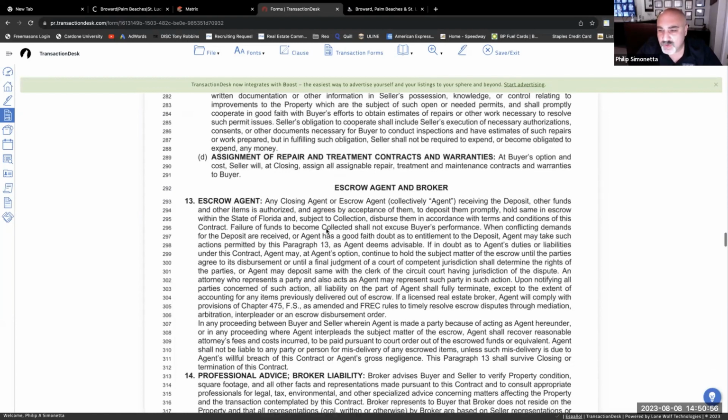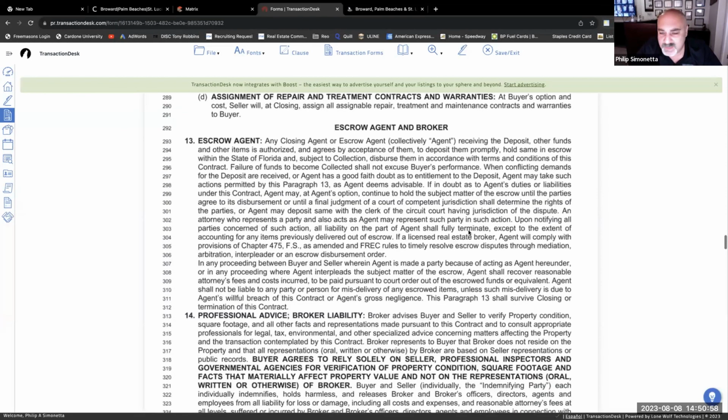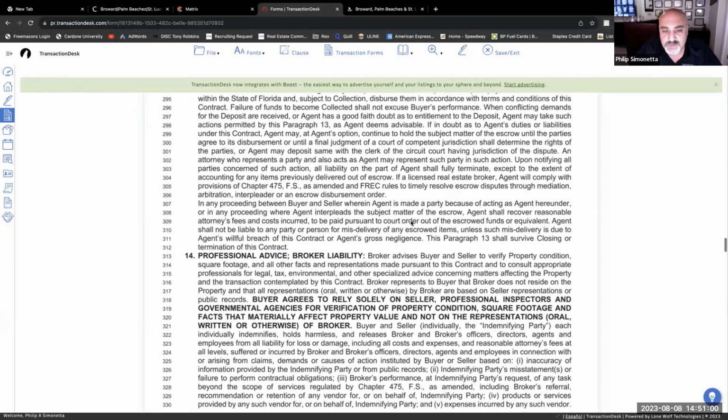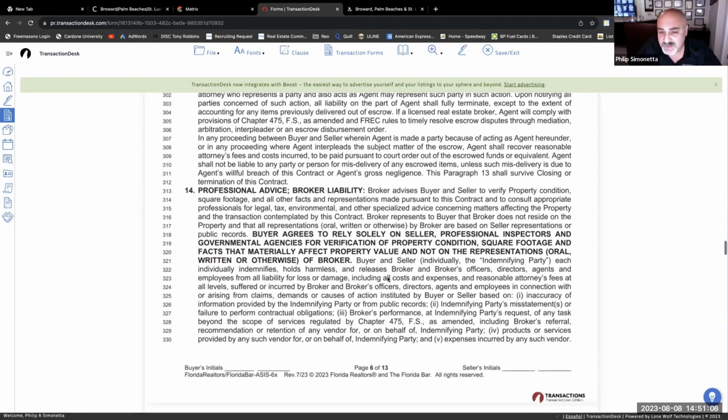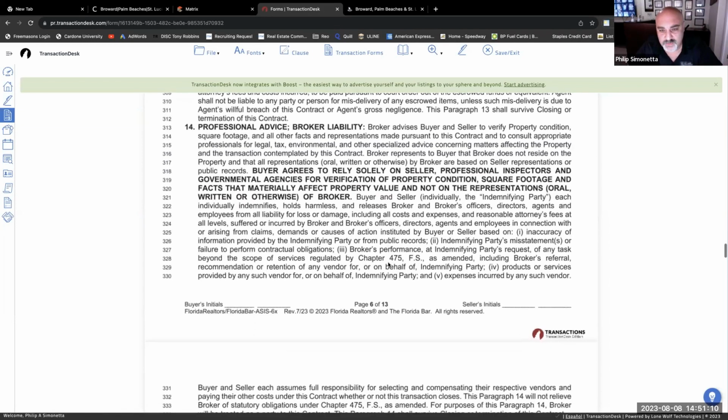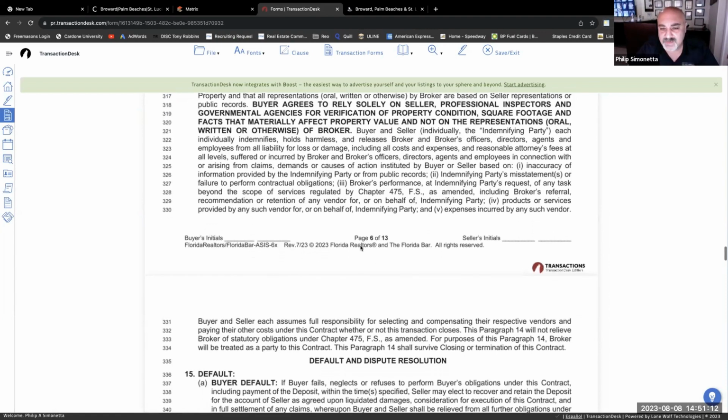Escrow agent and broker, it talks about the escrow agent, about the money being held, the laws, the statutes, the professional advice, broker liability. This is the advice we're giving them to complete the contract and complete the offer. Talks about everything about the broker responsibilities, the legalities,